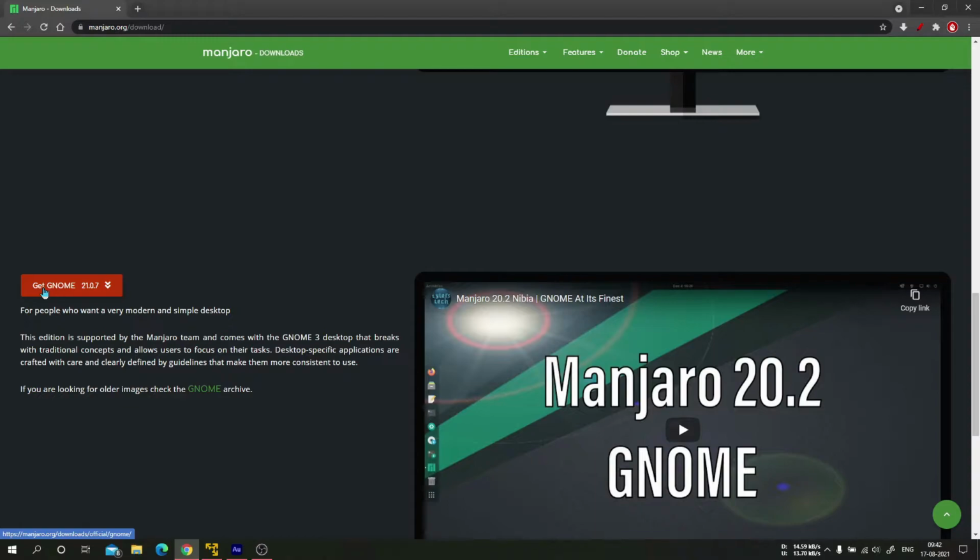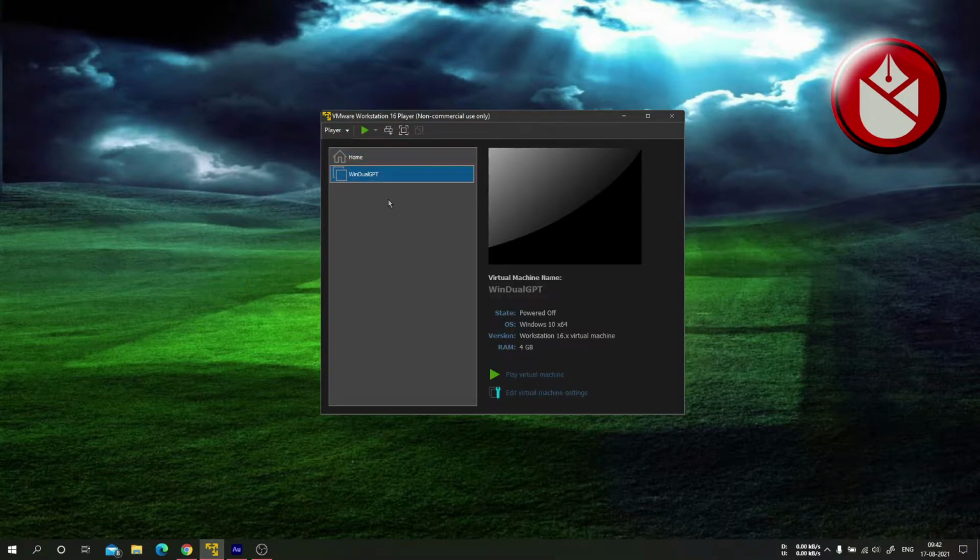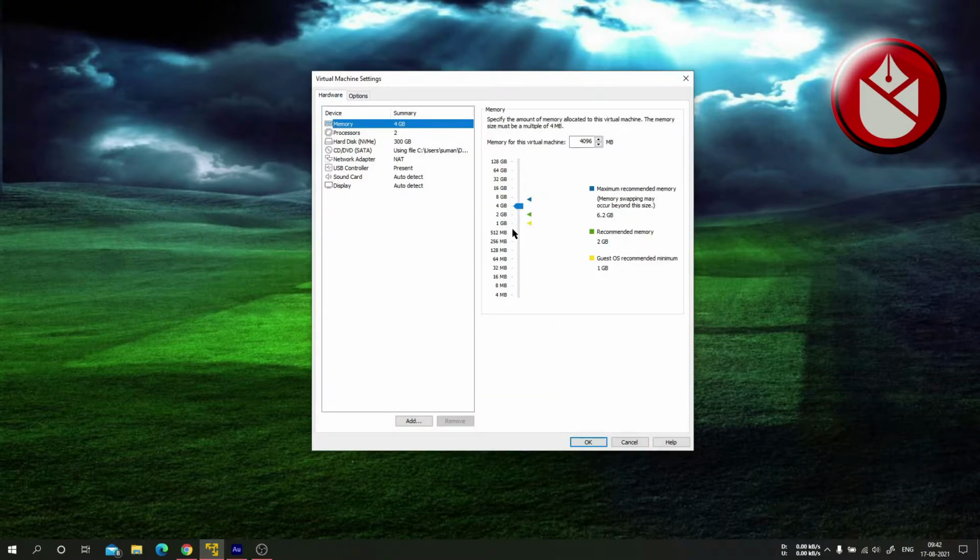Now the complete video I am presenting here is based on virtual machines. That means I am using VMware Workstation Player, and here we already have a Windows version installed, named WinDual GPT. Now what are the virtual machine settings? Let's check. I have given 4 GB RAM to that virtual machine.